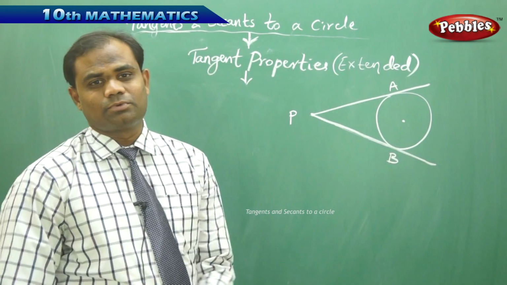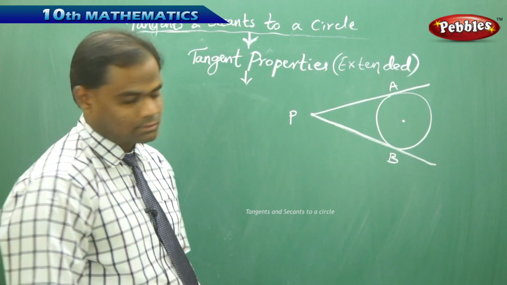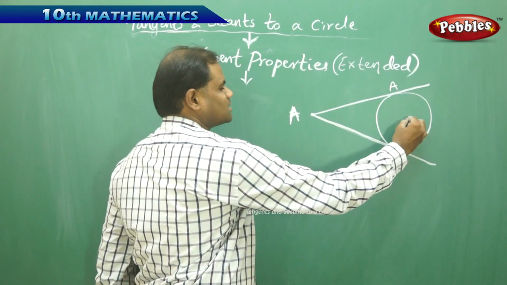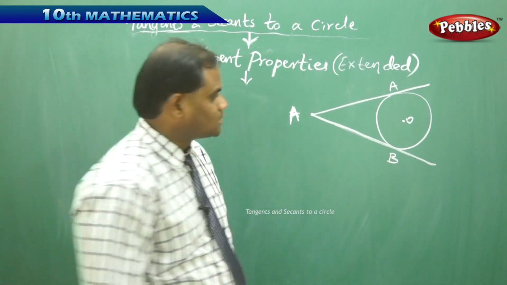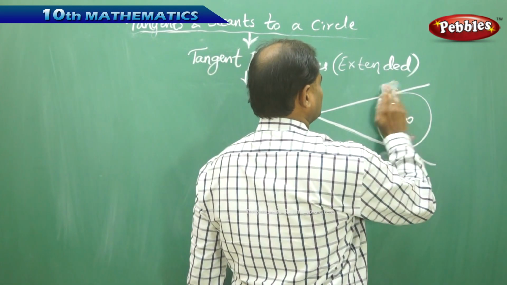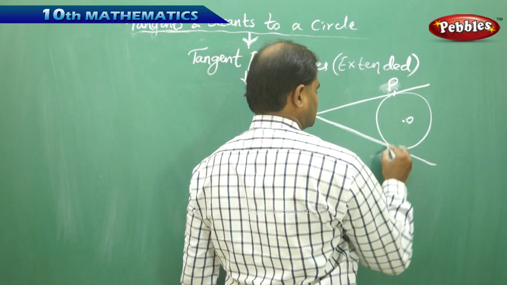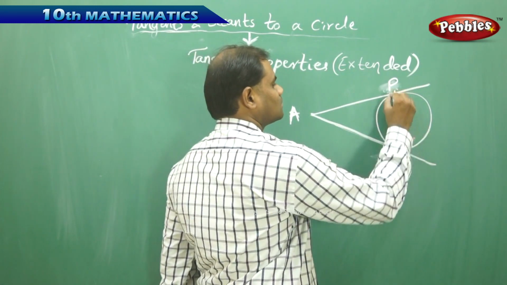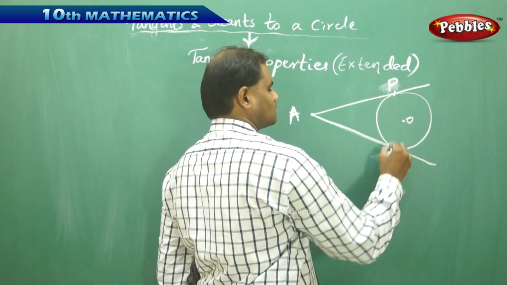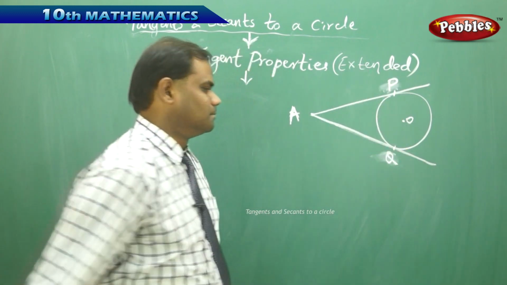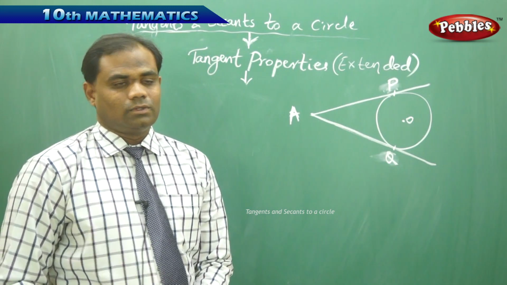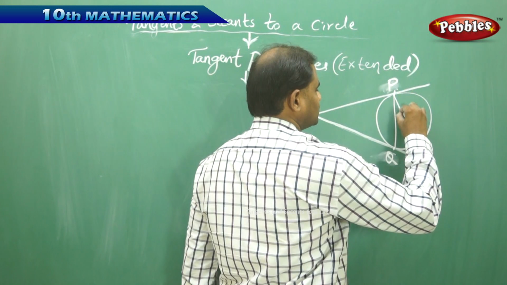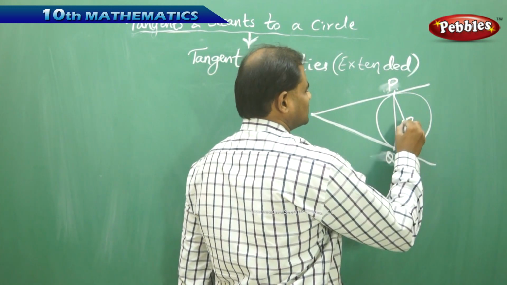Now here I need to prove that, let me take this external point as E and my center as A, and these points as P and Q. Now, if I join P and Q and then join with this and this,